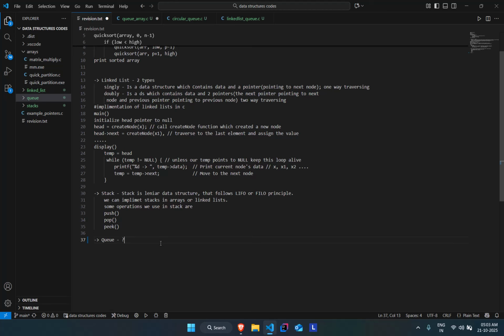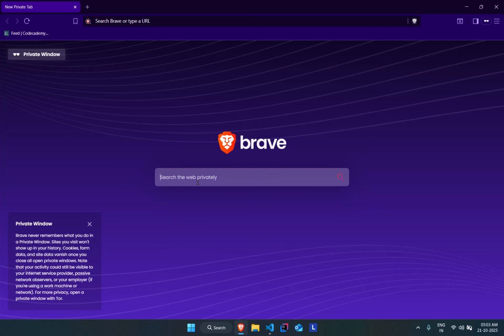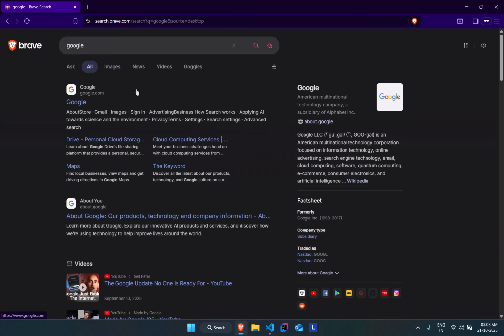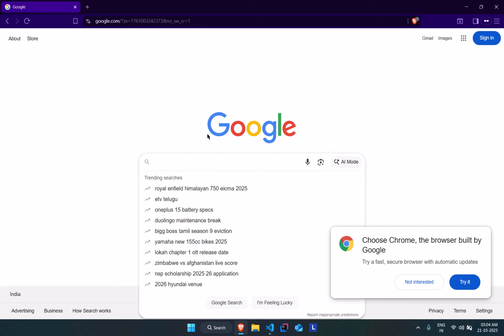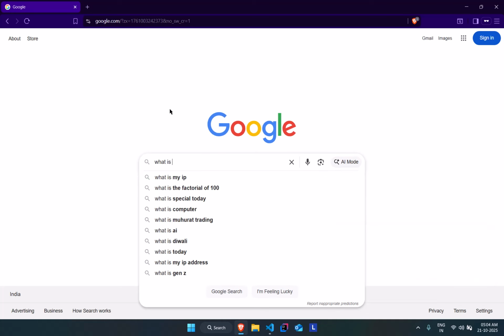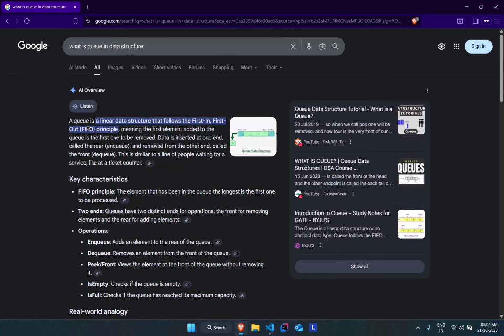And today our topic is queue. So let's see what a queue is. What is a queue in data structures? A queue is a linear data structure that follows the first in, first out principle, that is FIFO,